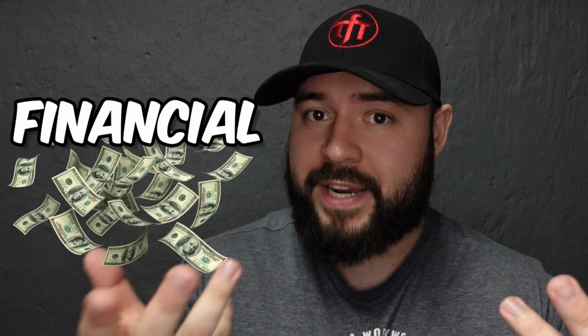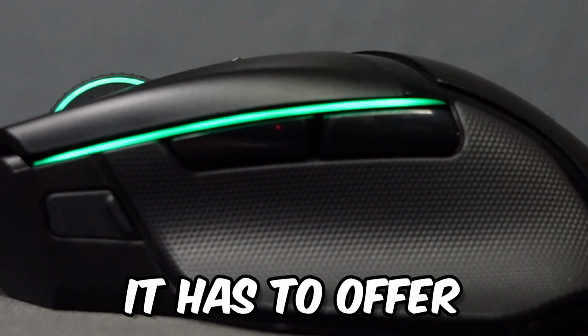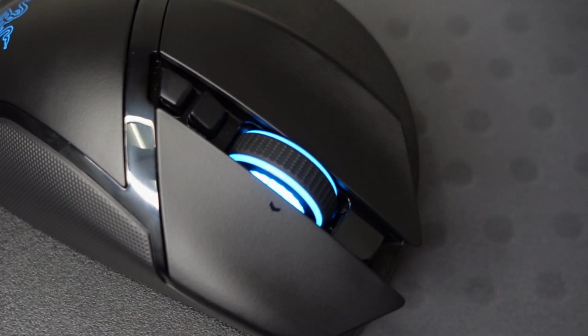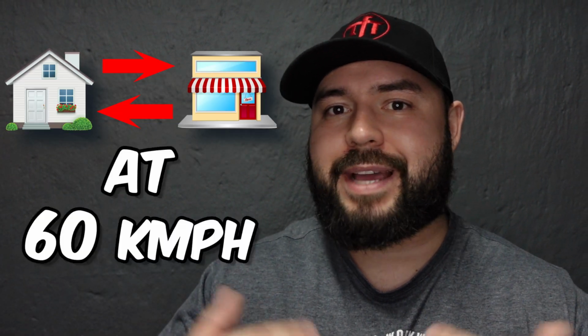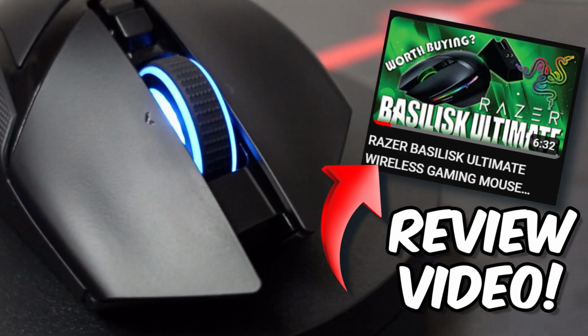Thinking about it also in a financial way, it could be pointless buying a mouse like this if you're not going to use all the features it has to offer. Then it just becomes a mouse with a very heavy price tag. Like buying a race car, but you're only going to drive it to the grocery store and back at 60 k's per hour. I only say this because just like in the Basilisk review video, in my research I found